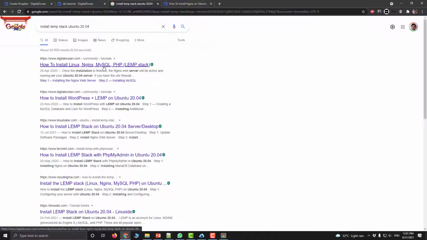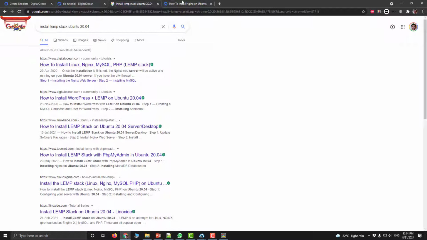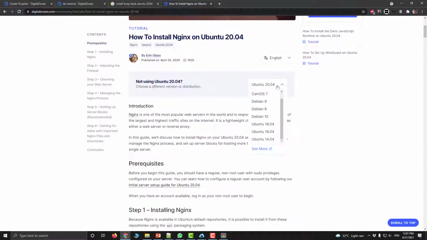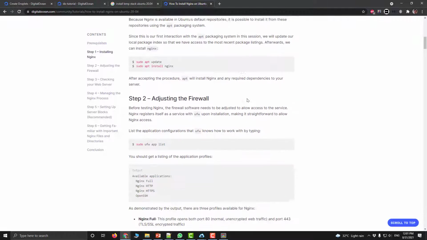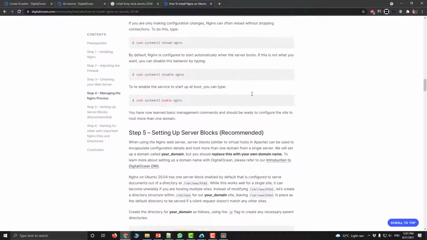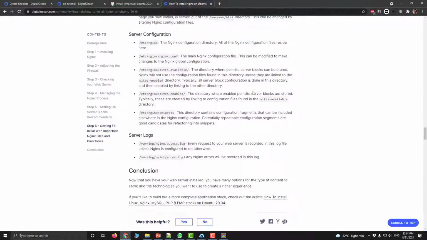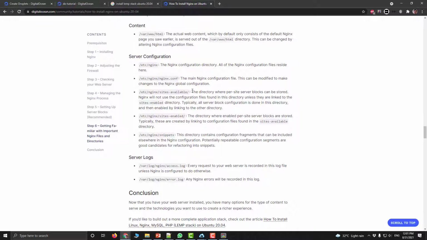This is why I like this particular website, because they have really great in-depth tutorials, and for example, if I open this tutorial, here you can see they have this for different operating systems as well. So this is really helpful for beginners. You just follow through the tutorial. It will be a long one, so I won't go through it in this particular video, but you just follow through it, and at the end you will be ready with your website.